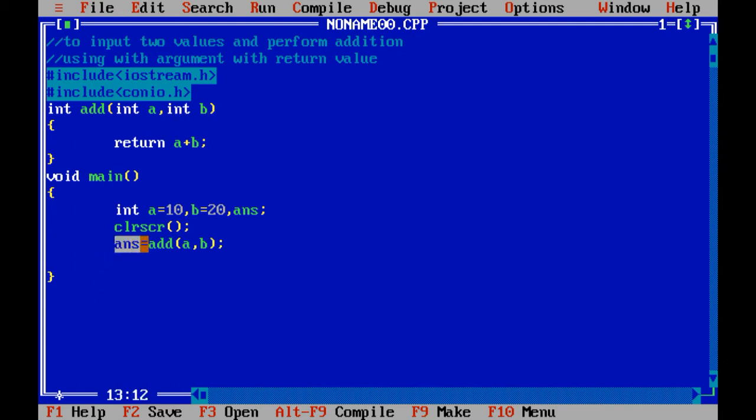Why have we taken answer as an integer? Because the addition function will return an integer value, right? And now at last I am going to print \n addition is and the variable answer, and at last let us include getch in the program.